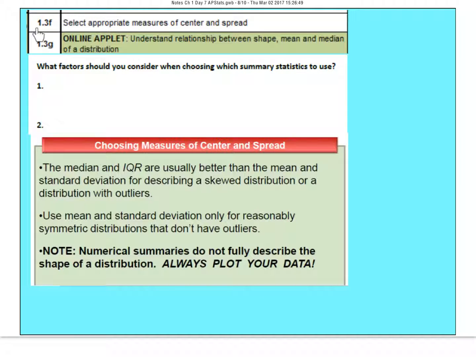So let's look at learning objectives F and G, where we're going to select appropriate measures of center and spread and understand the relationship between the shape, mean, and median of a distribution. First question here, what factors should you consider when choosing summary statistics? The first thing you should really do is look at this, if the distribution is skewed or if there's outliers